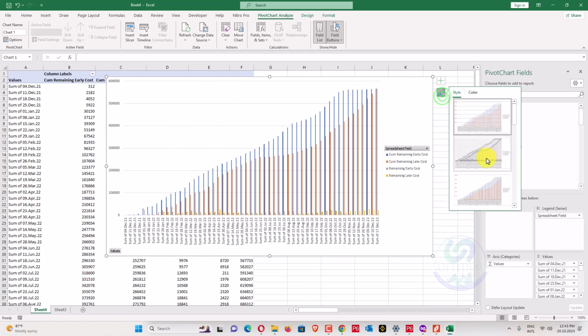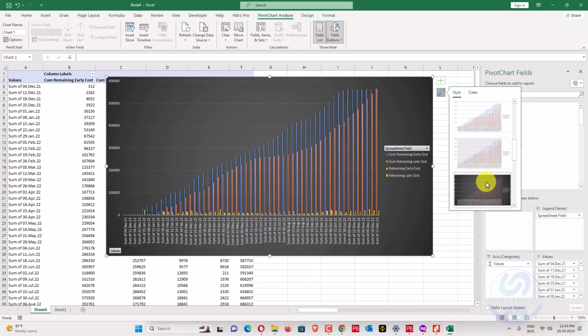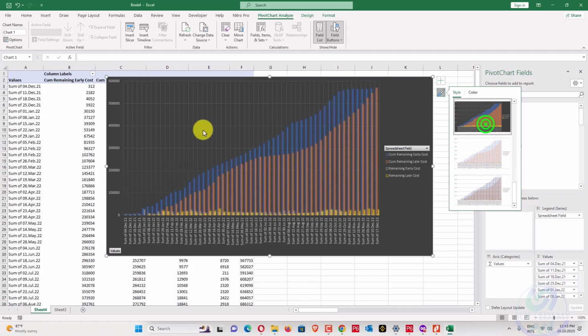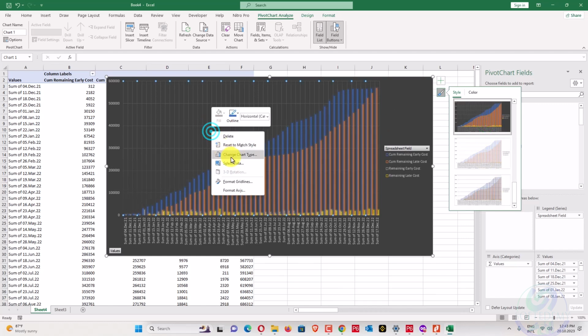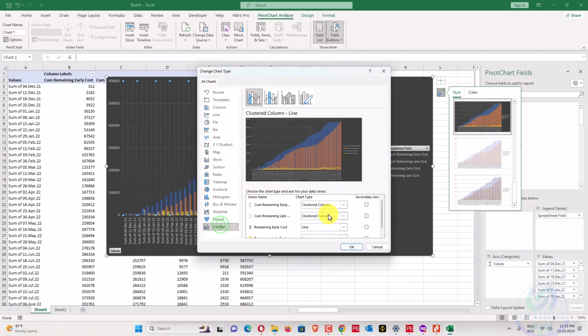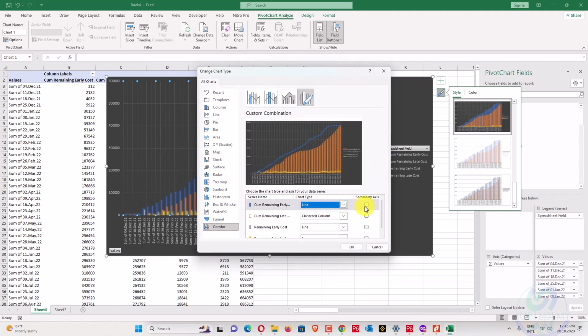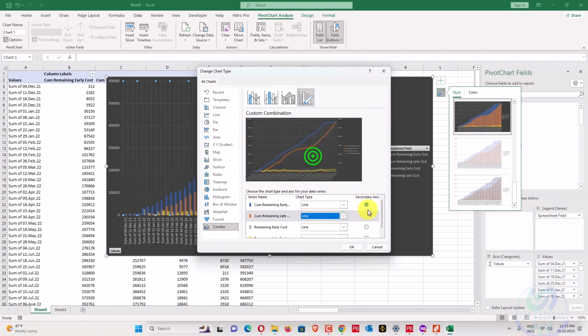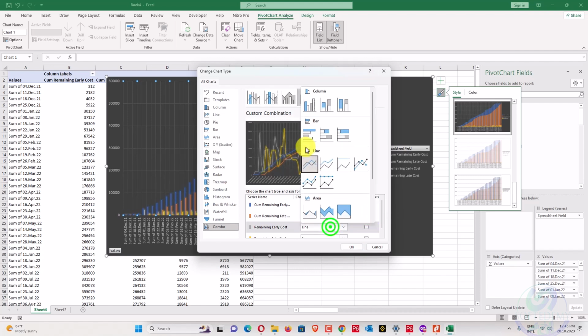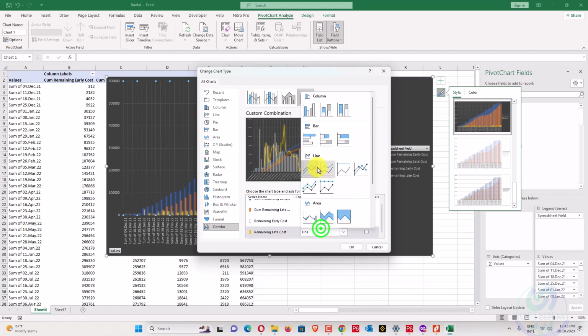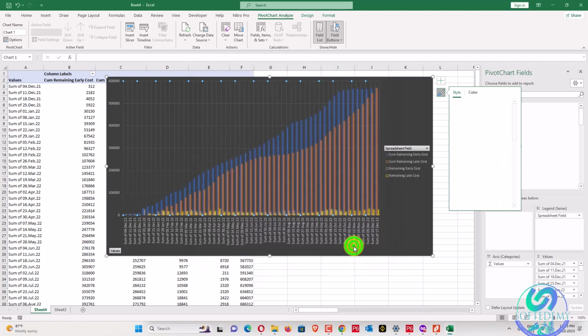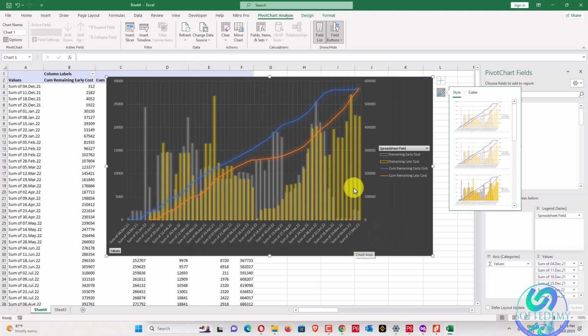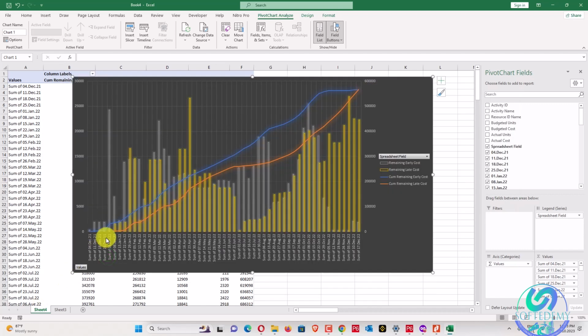We can change the chart type to something like this one. And now we'll go here to chart type, combo, and for the cumulative we have to select line and also secondary, and line also for secondary. Now this one is a clustered column, this one is a clustered column. Okay, press OK. So what we can see here is 5666. So this is the place where we have a cost.